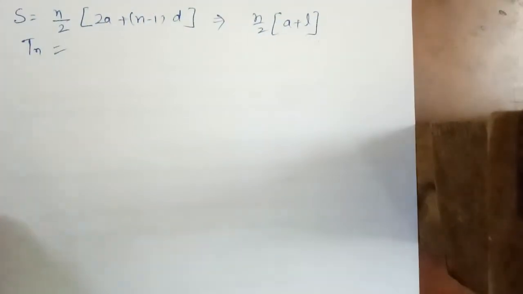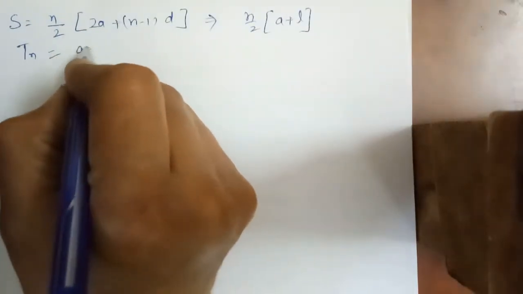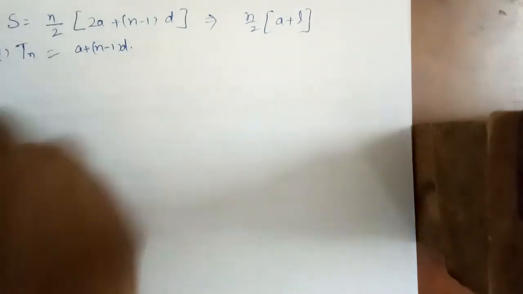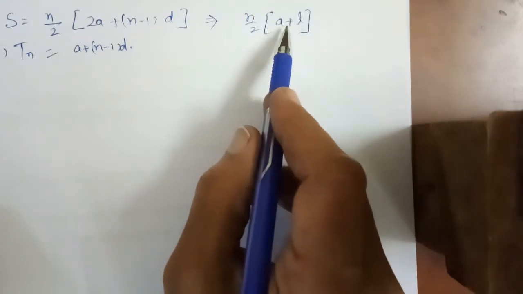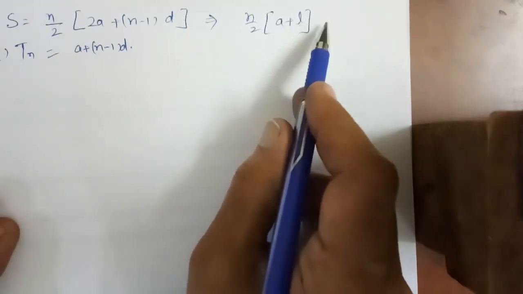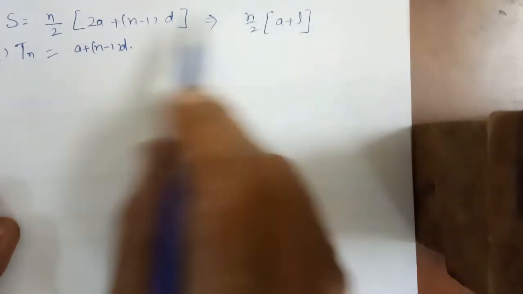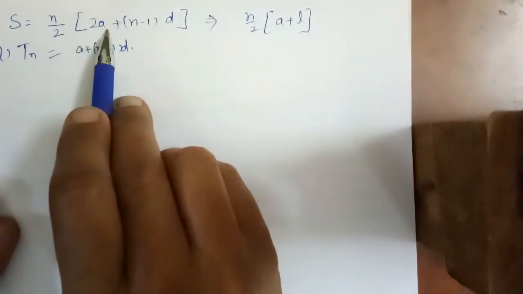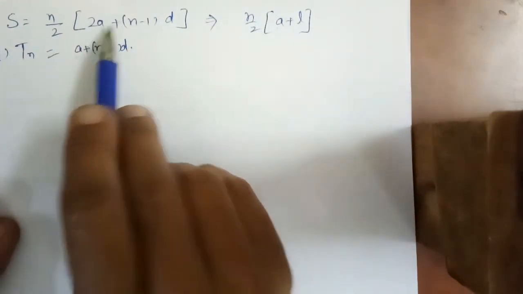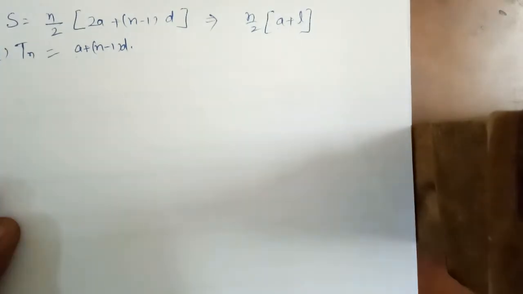What is the formula of the nth term of a series? a plus (n minus 1) into d. It is denoted as l also. That means if we apply this in the formula, a plus (n minus 1) into d, then a plus a becomes 2a. Then this is the formula derived from the last term, where the last term is equal to the nth term of the series.